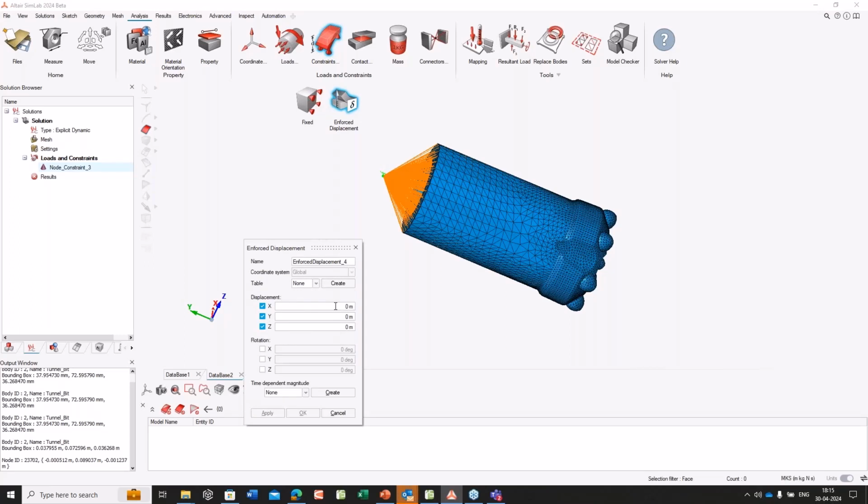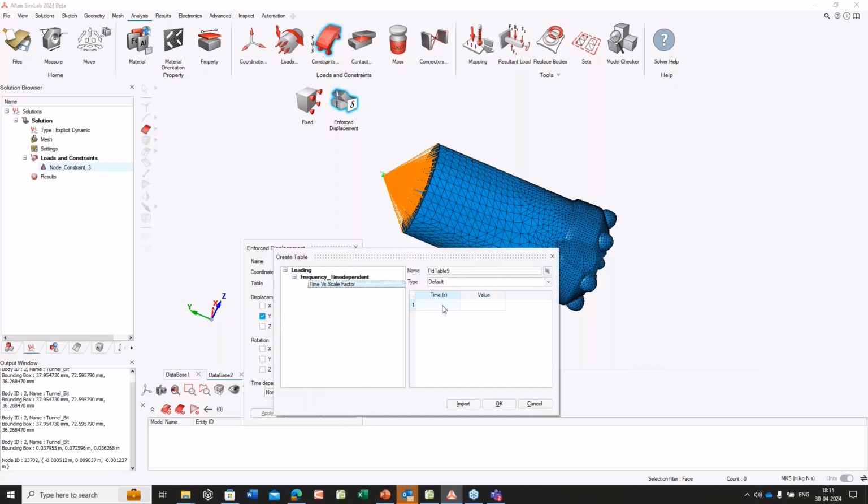Here it is a time-dependent displacement I have to provide, whereas the constraint has no time-dependent motion. To define it, in the y-axis, you have to define it as 1 because it's in meters. What I would suggest is 0.001 as the scale. Choose a time-dependent table, where you need to create it. It opens a new browser, and I want to create first 0, 0, and at 1 second, also 0, and then for 1 to 2 seconds I want to move